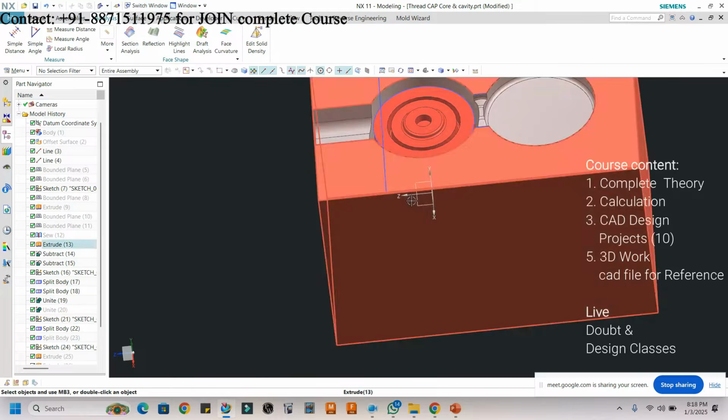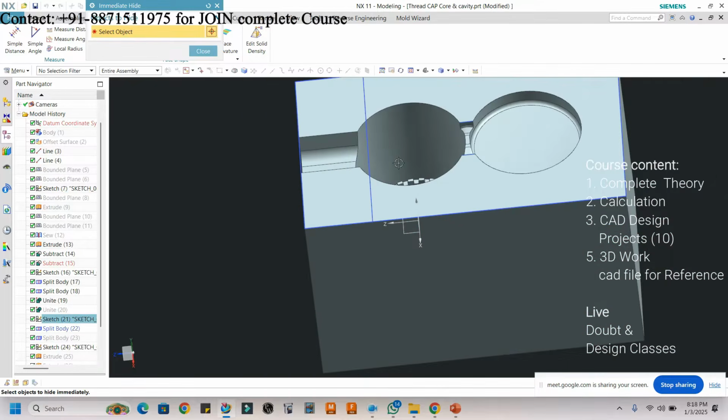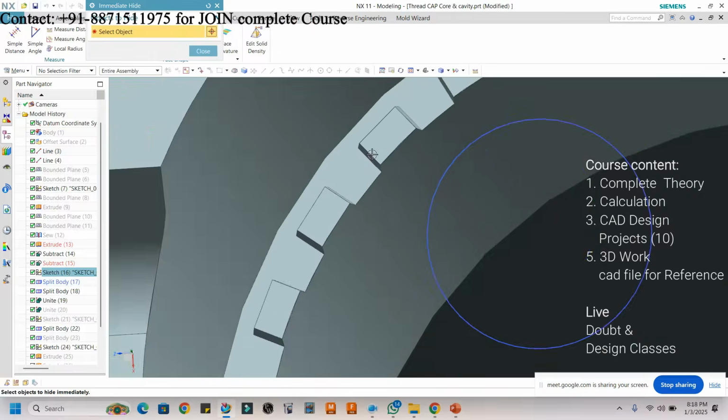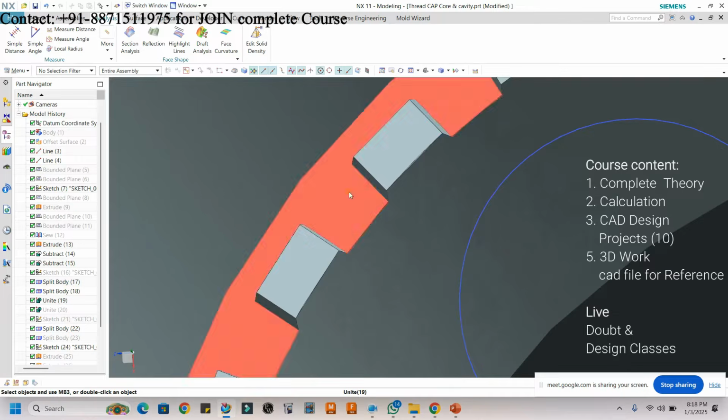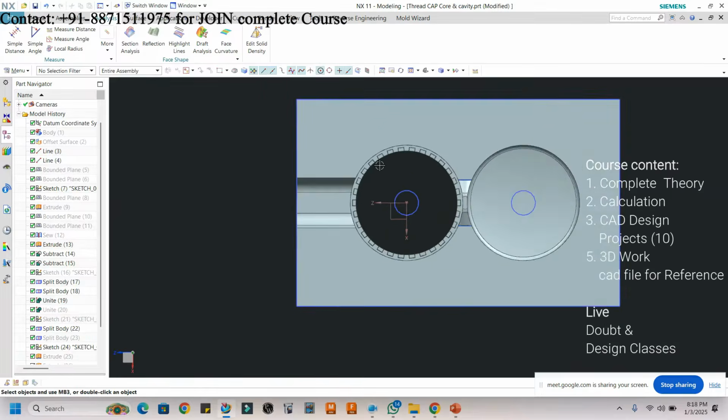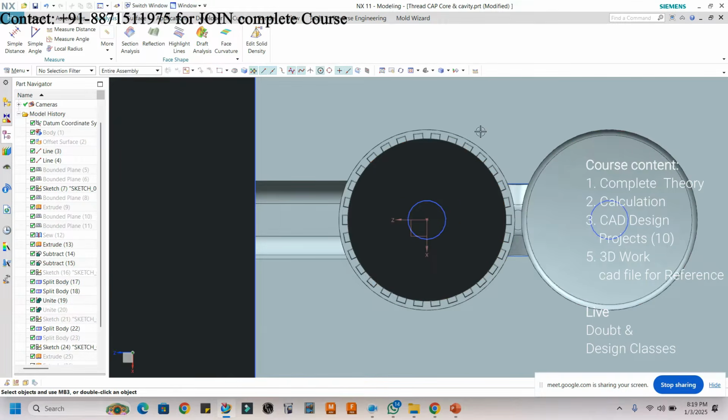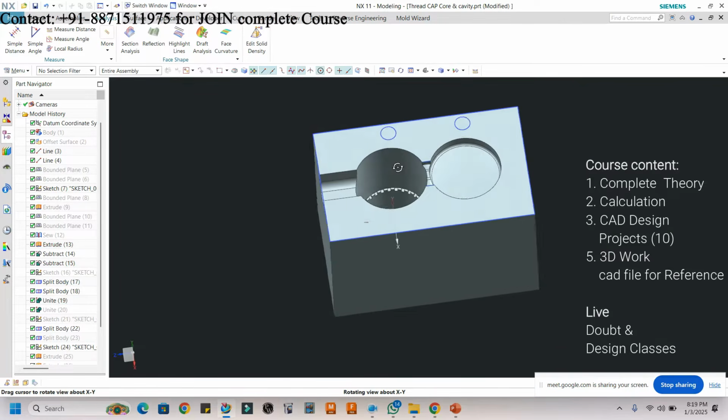So you can see that this type of teeth we can prepare by the ADM machining, because it has sharp edges. Correct. So we can prepare the ADM machining for this. Is it clear? Yes, sir.